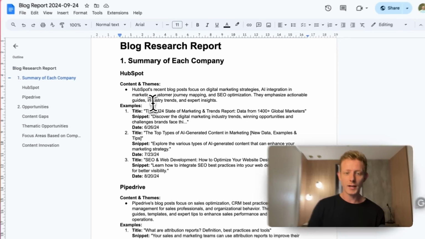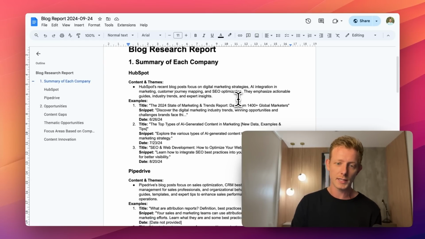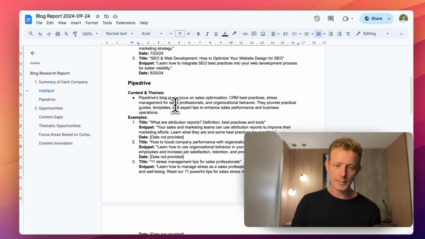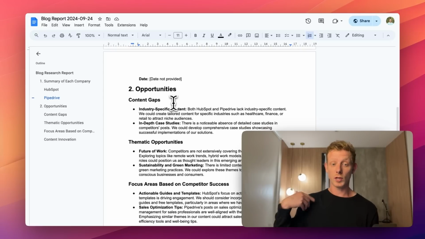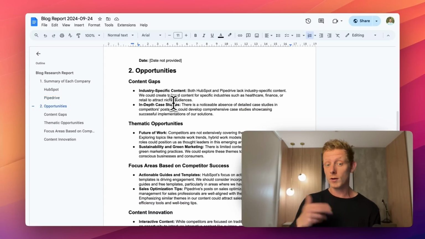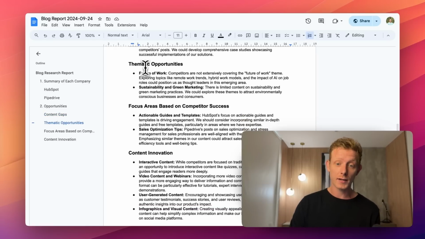So, a summary. We can see for HubSpot what the current themes and content are. HubSpot's recent blog posts focused on digital marketing strategies, AI integration in marketing, customer journey mapping, SEO optimization. It gives you some examples, and the same for Pipedrive. And then again, it gives you some opportunities based on their content and what's working well and what's not. So content gaps, some things they are not covering, thematic opportunities,